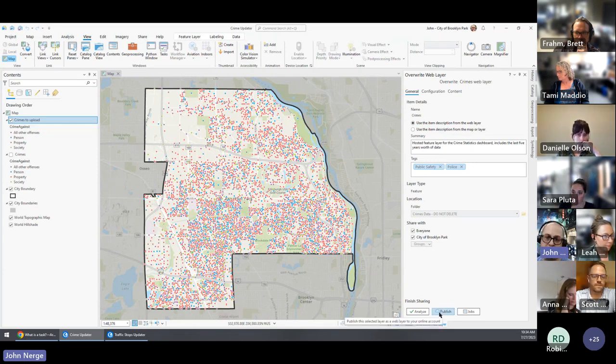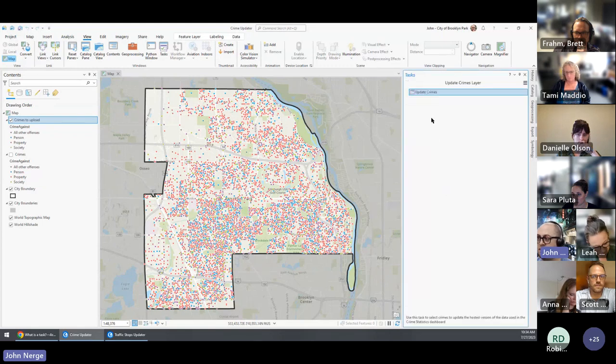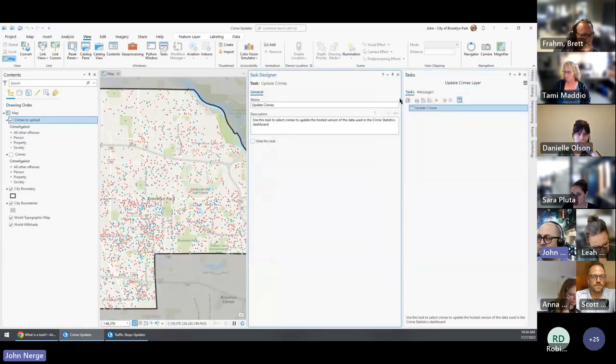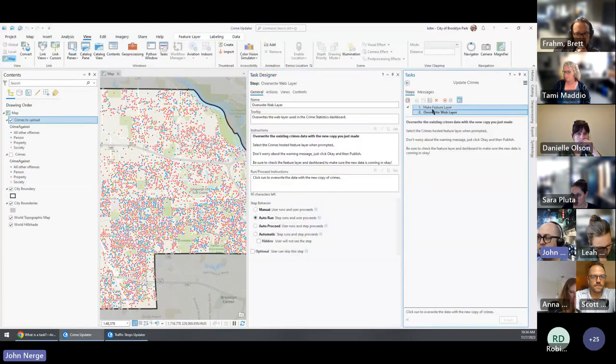But then our crime analyst is able to hit publish, and that'll upload the new data to ArcGIS Online, and that'll be all done. So to show what that looks like, if I right click on the task, I can go ahead and edit it in the designer. So you can give it a name, you can have a description of it, and then if I start opening this up, you can see the